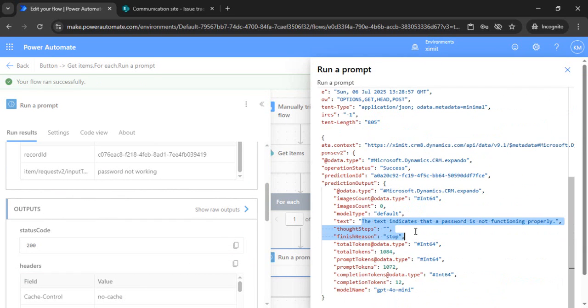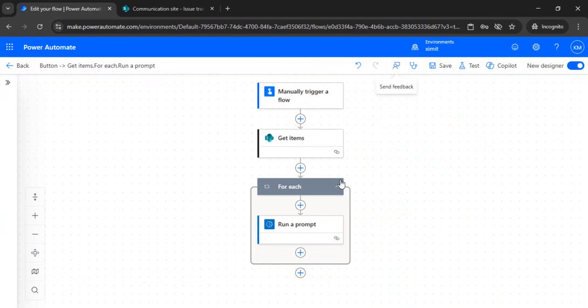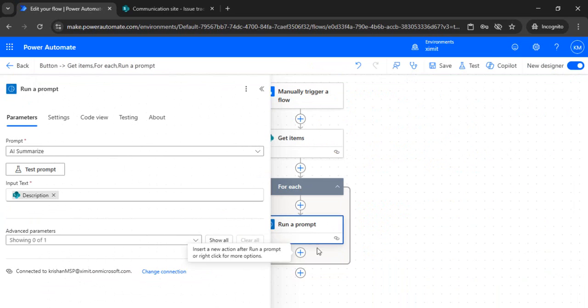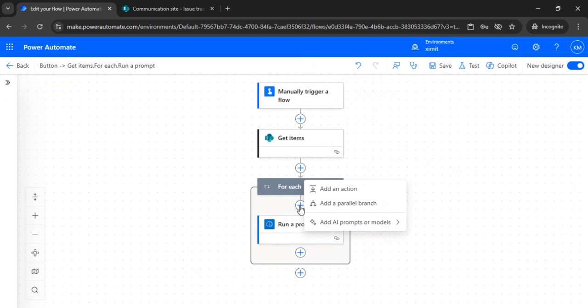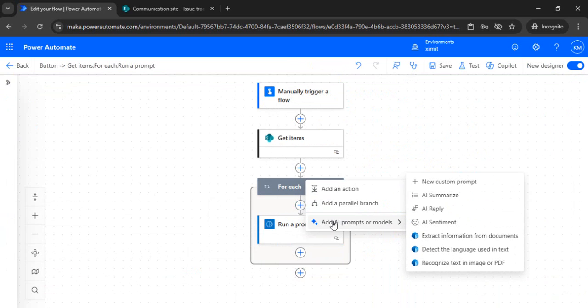So we got this output as text. This indicates that a password is not functioning properly. It could be a summarization of my long issue description, and we get this output using the AI embedded model. And when I click on this again and do a right click, I can use the other embedded models for